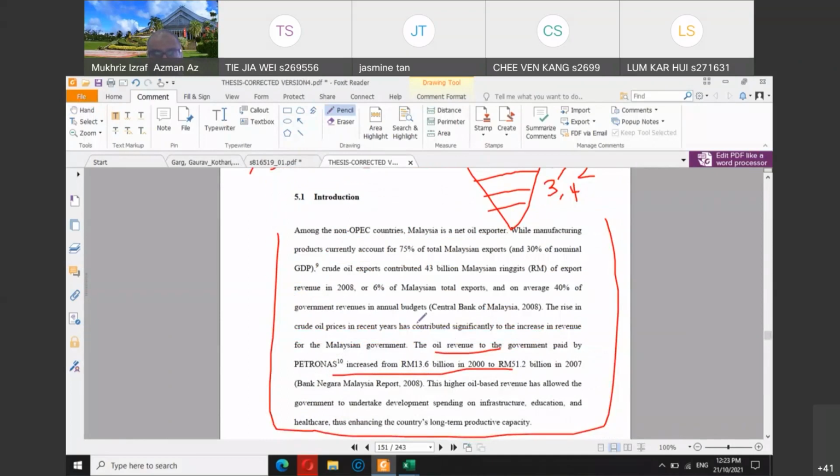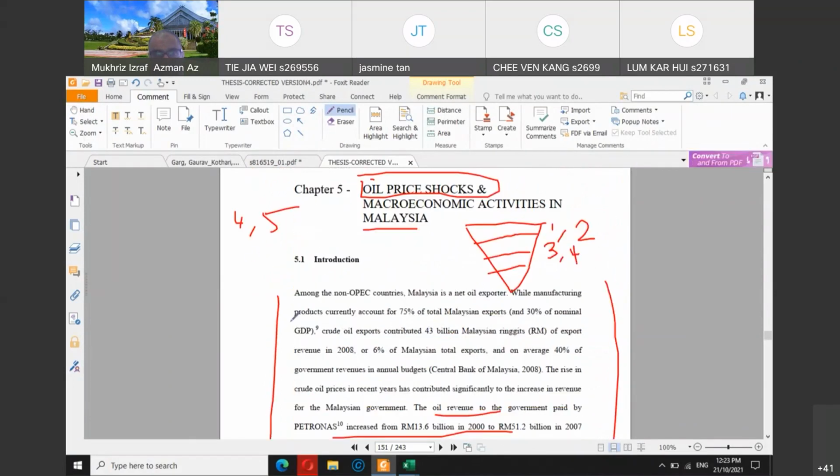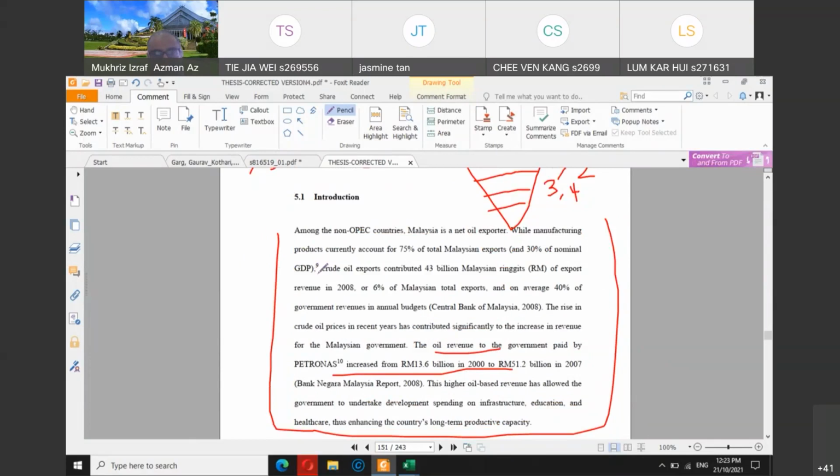But not in your other chapters lah, not in chapter 4, chapter 5. We can have references that come from newspaper, but not too many. And usually that will appear in your introduction chapter. So you can write something like that, meaning in chapter 1, the first 1 or 2 paragraphs,